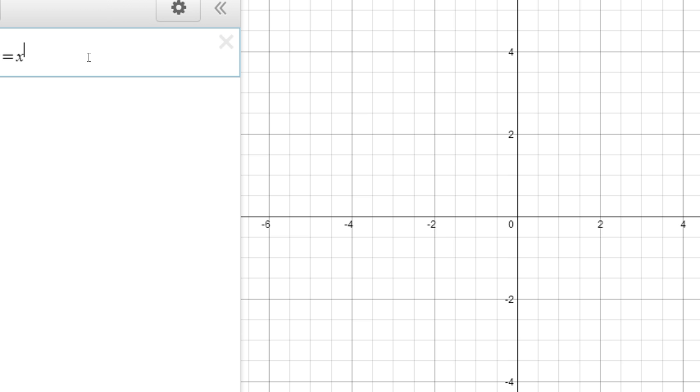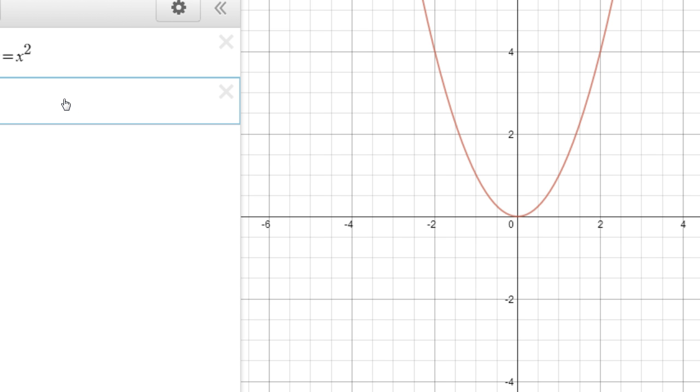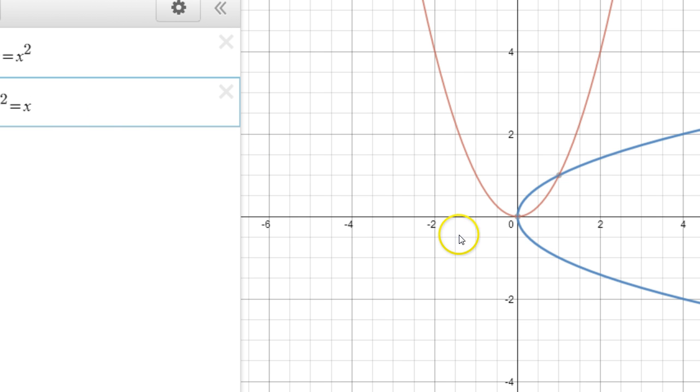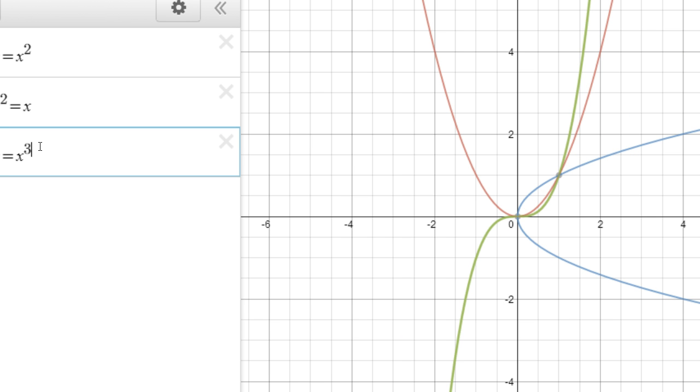Okay, so let's just take our typical one. Let's look at it graphically. Okay, this is symmetrical with the y-axis. Okay, this one would be symmetrical with the x-axis. So those ones are pretty simple. Okay, y equals x to the third. Now this one right here, this is symmetrical with respect